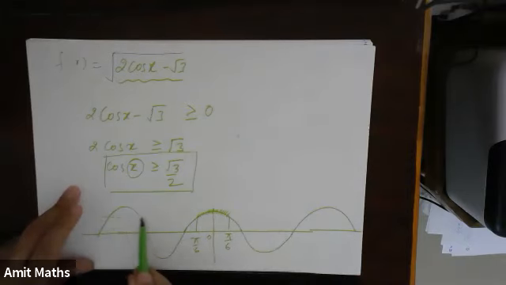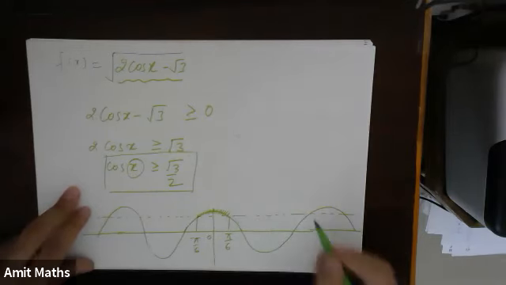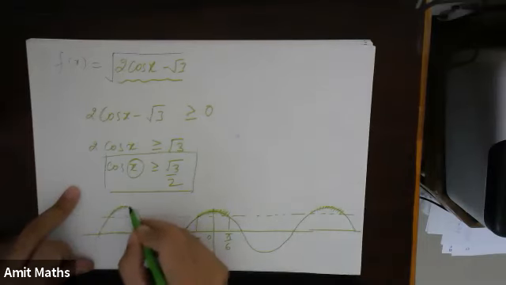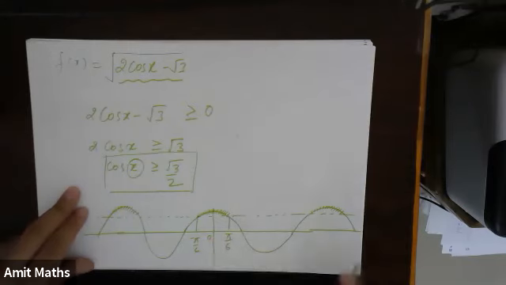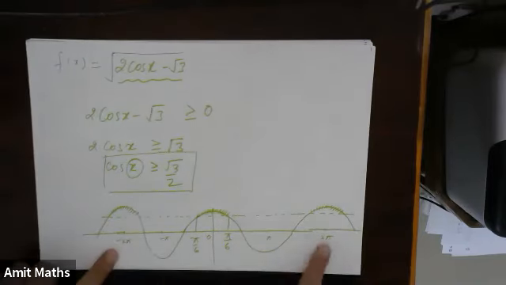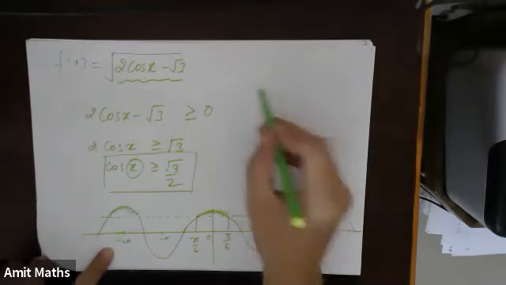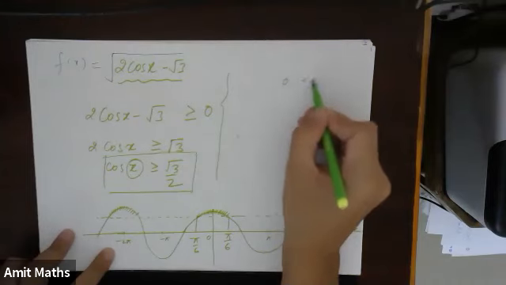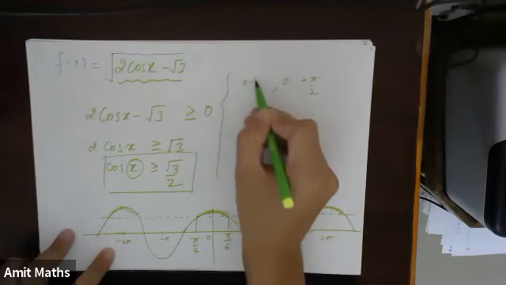Also, if I draw a straight line parallel to this, then this part of the function, right? Now this is 0, this is pi by 2, this is pi, this is 2 pi, this is minus pi, this is minus 2 pi. Okay, so that means every even multiple of pi, that is, if I write separately, so this was 0 plus pi by 6 comma 0 minus pi by 6.